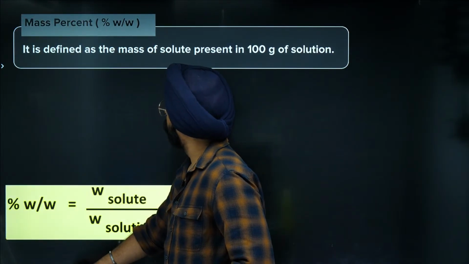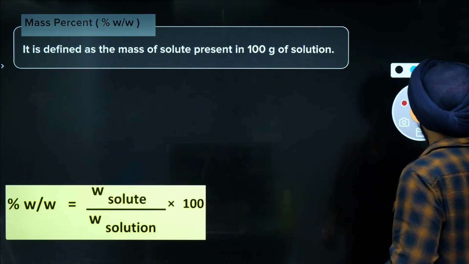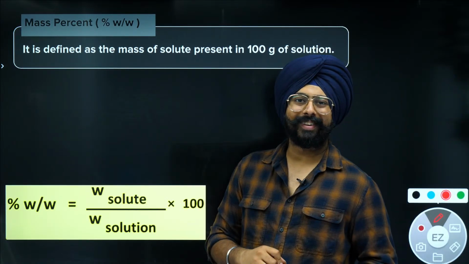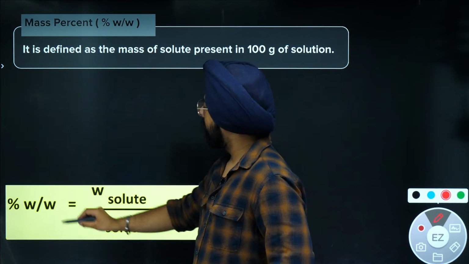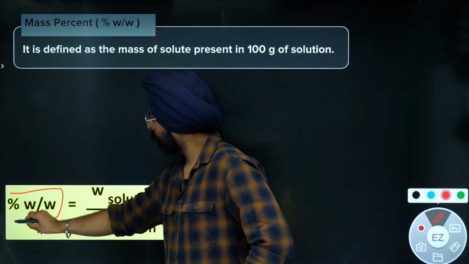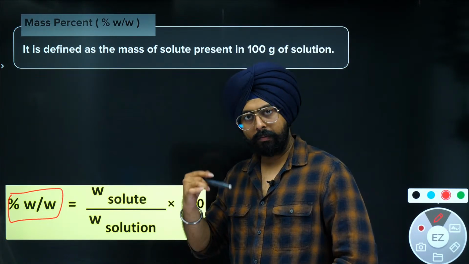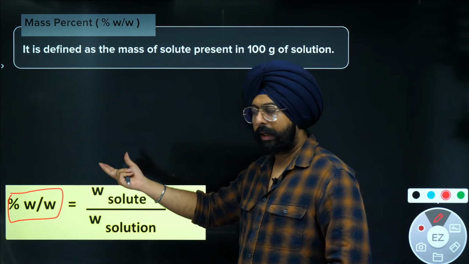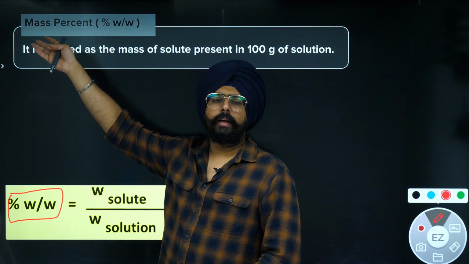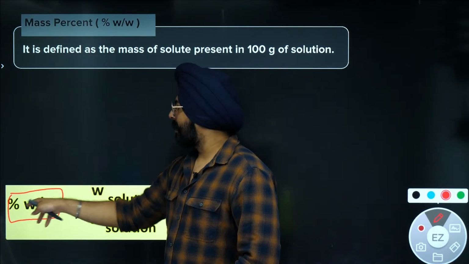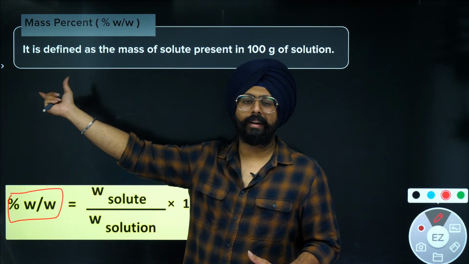Fine. Now we come to the next way to define solutions, and that is mass percent. Mass percent is also written as percentage W by W, percentage weight by weight. So if someone has to define a solution in terms of weight percent, they can call it mass percent, they can call it percentage by weight, they can call it weight percent, they can call it percentage weight by weight. There are multiple ways in which you can refer to this particular style of